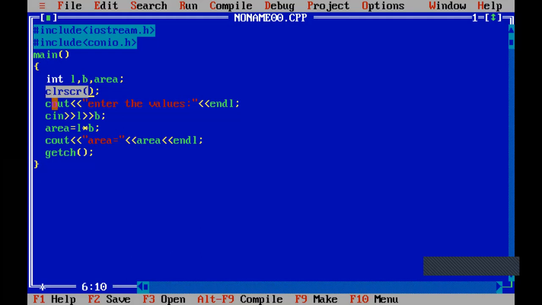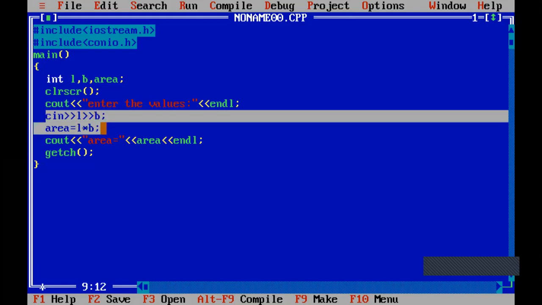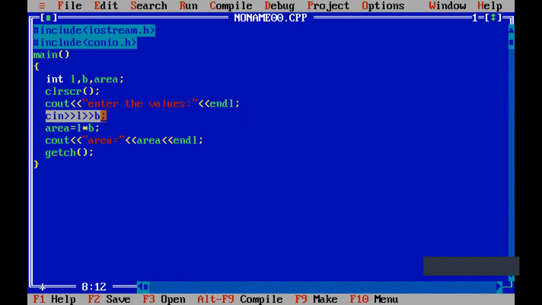Then next I have written a cout statement. Here the cout statement is nothing but an output statement where you want to display a message like enter the values. And then I've taken a cin statement. L and B, the input values that I want to calculate with, are given with the cin statement.